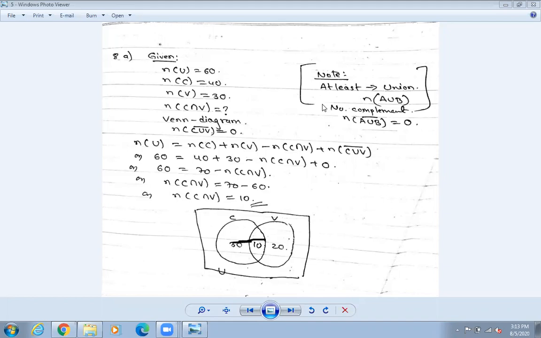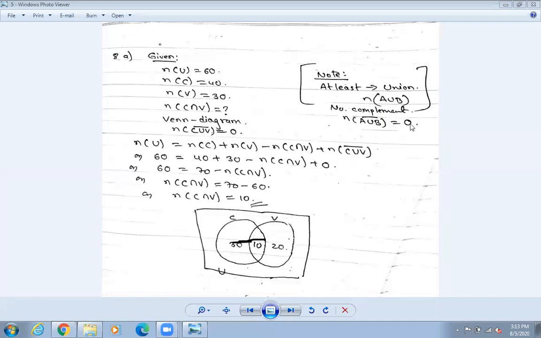Okay, they are doing something, they are involved in some activities भनेको त्यसलाई भन्छ at least. Okay, at least means they are playing at least कम्तीमा एउटा गेम चाहिँ खेलेकै छ अरे. That means they are playing. Okay, so all of them are involved in, nobody is there who is not doing anything. That means there is no complement. At least भन्ने शब्द आछ भने के याद गर्ने, there is no complement.